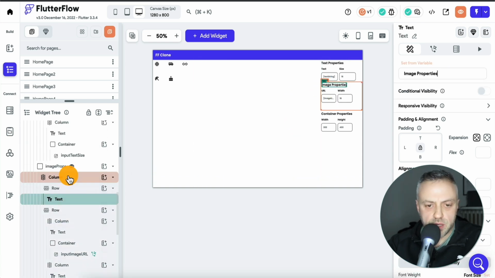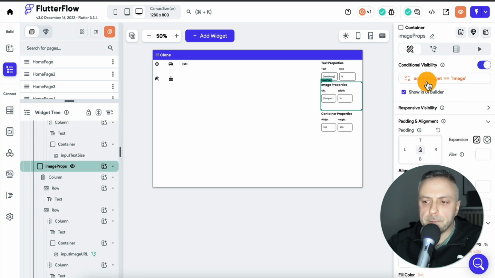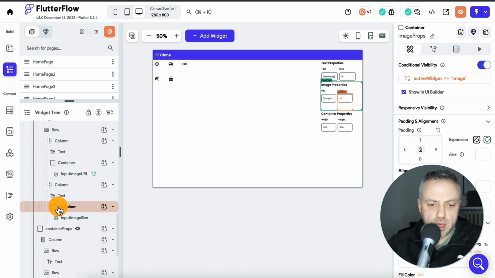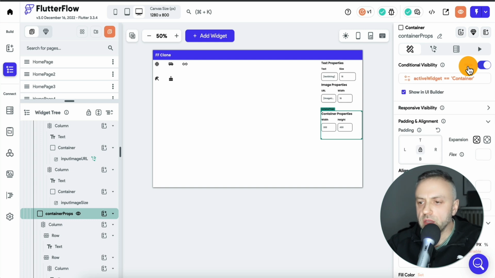So like this one, this is an image. It's displayed only if the active widget is image. Okay, and then we have this other container, and that's displayed only if the active widget is container. And so obviously this is something that needs to be done for all different types of widgets, all the widgets that you want to support essentially, and then you can just show that properties panel depending on the specific widget